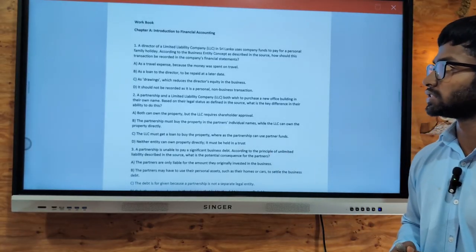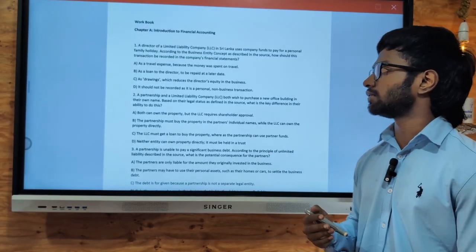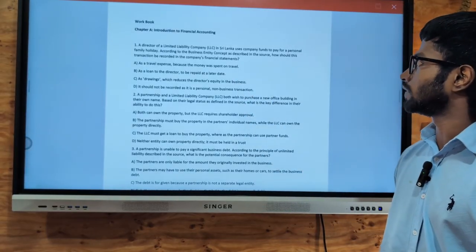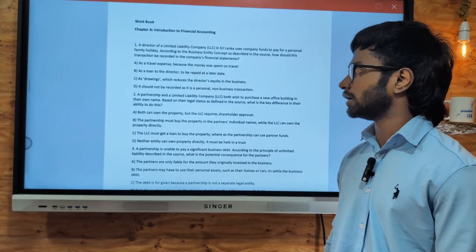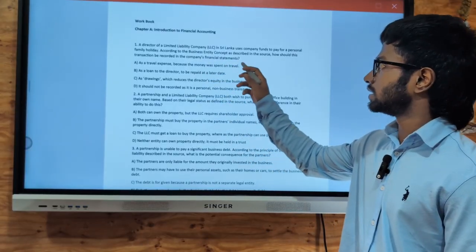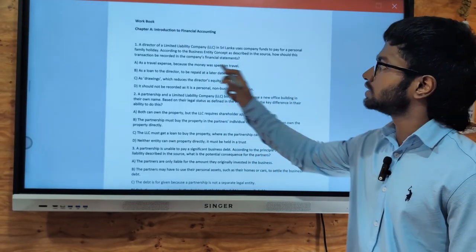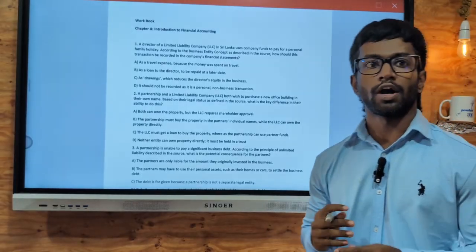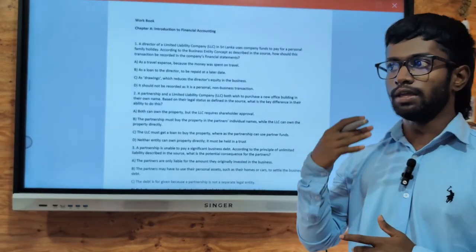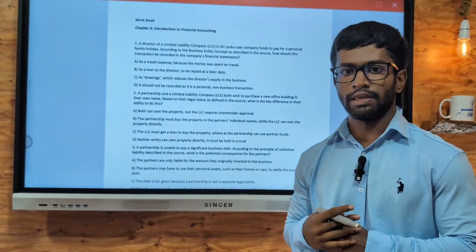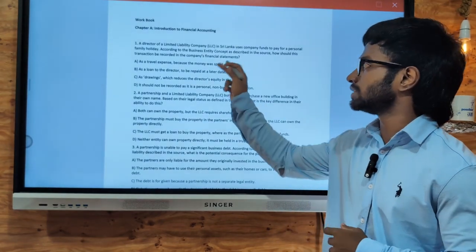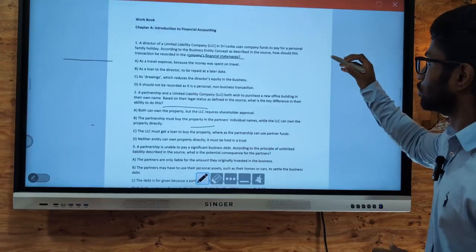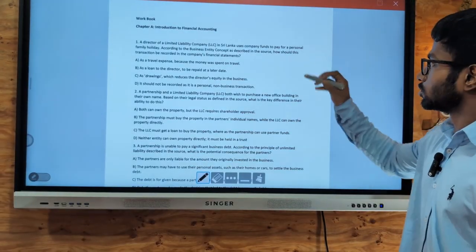So here, if we get started off, the first question that we have is, a director of a limited liability company in Sri Lanka uses company funds to pay for personal family holidays. According to the business entity concept as described in the source, how should this transaction be recorded in the company's financial statements? So I hope you all remember when we started the first unit, in that I explained about the business entity concept. So in that it said, you should know, so you have your